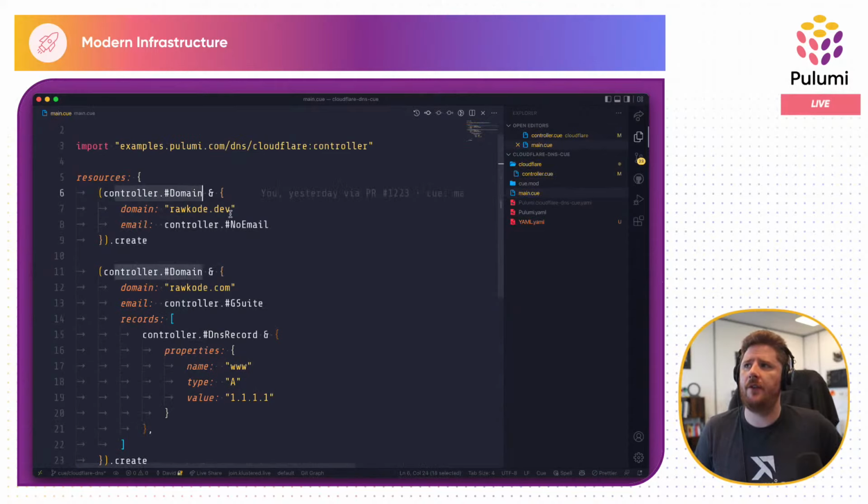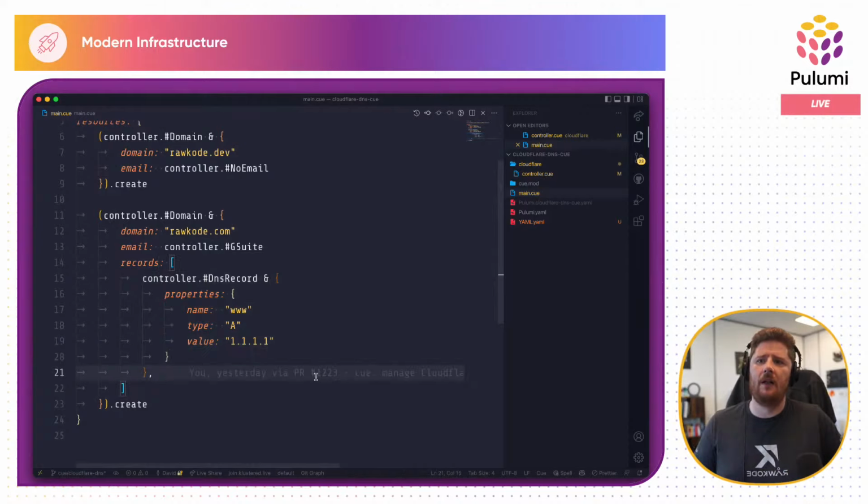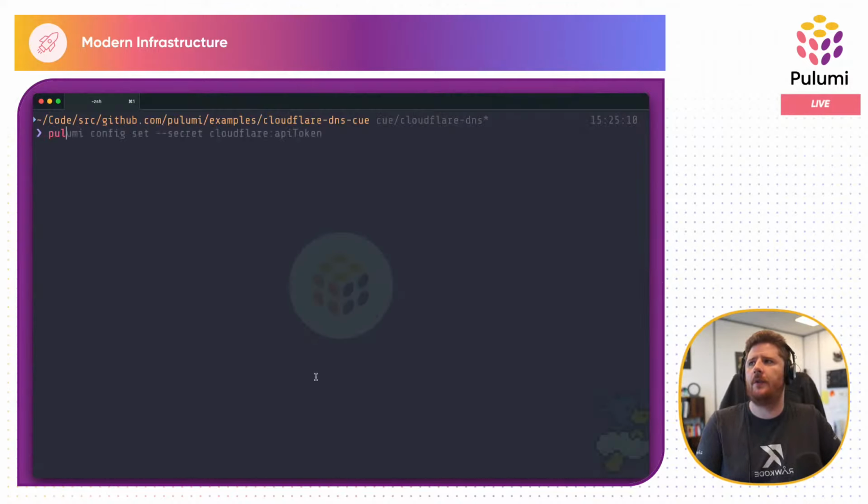So now that you've seen all of that, we'll go back to our main.q, and you'll see we have a controller for a domain configured with no email and a domain. We have the controller for a domain configured with the domain, G Suite, and some records. So if we jump over to our Pulumi preview,